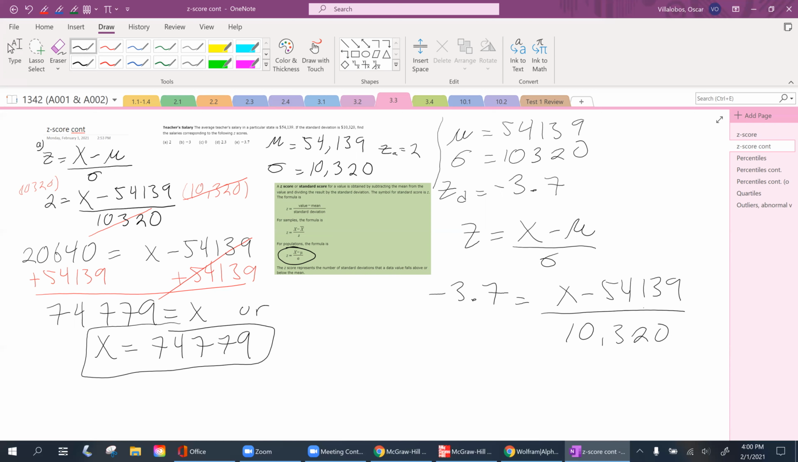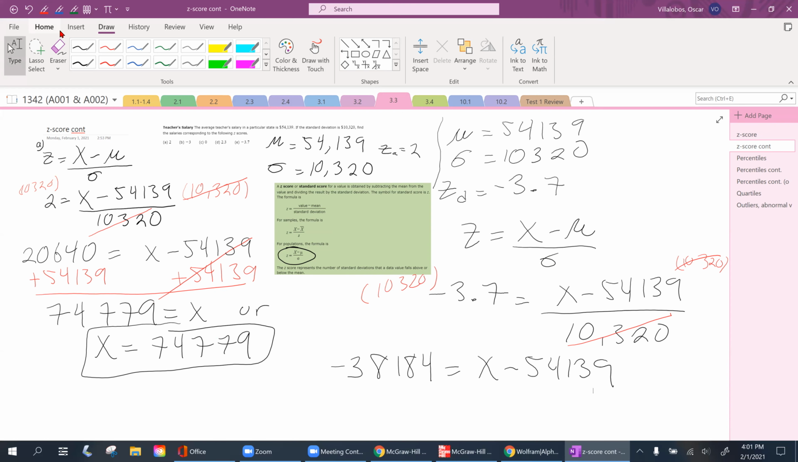10,320. And again, what are we going to do? I don't want that denominator, so I'm going to multiply that to both sides. This cancels out, which is exactly what I was looking for. And now let's see, what is that? 10,320 times negative 3.7. Let's make sure we wrap negative 3.7 in parentheses to make sure we're multiplying. This is going to be negative 38,184 is equal to X minus